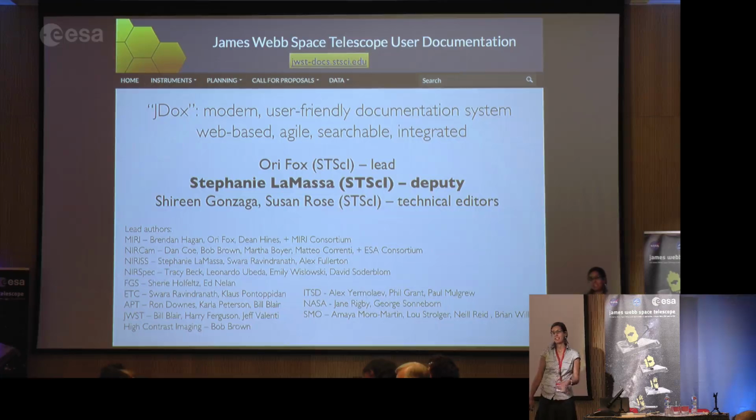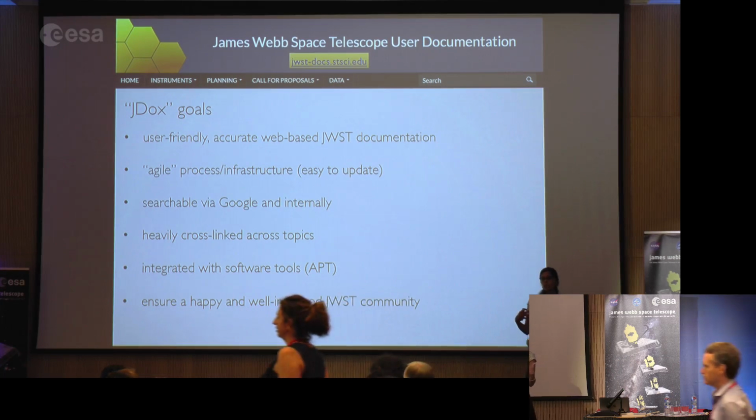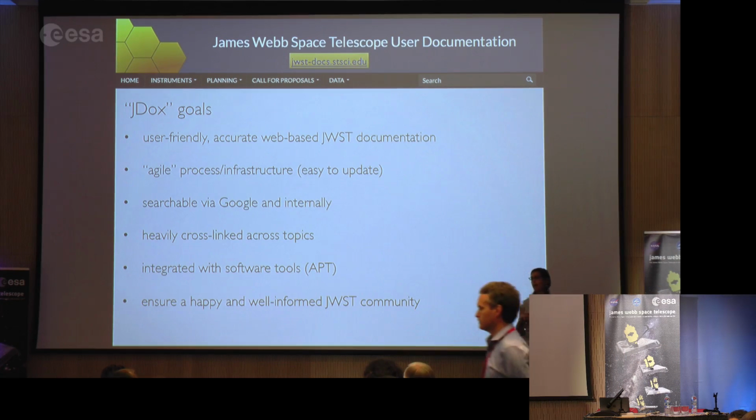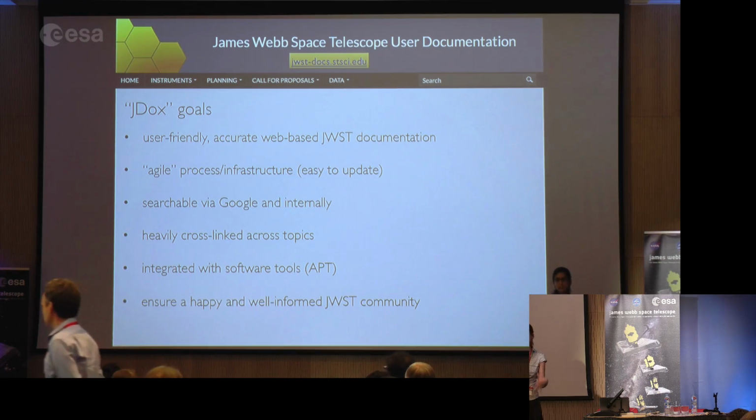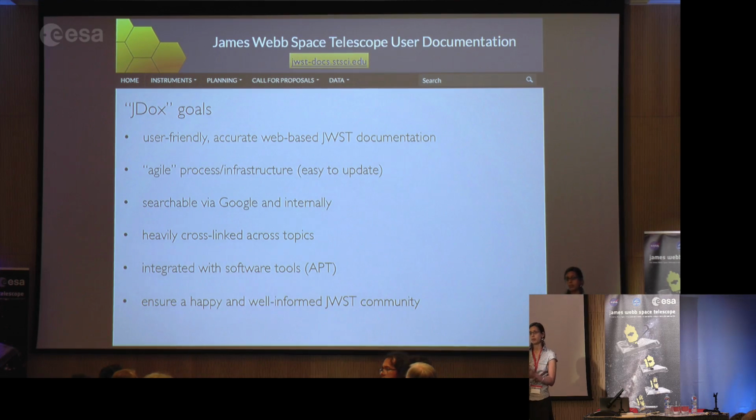So I am the deputy lead of the documentation for James Webb Space Telescope, which we call JDOX. This is an online documentation system, so we're moving away from having long monolithic handbooks that you have to scroll through and search through to find your relevant information. Instead, we have a series of articles where this information is available. And JDOX is optimized to quickly find this information through Google searches or within JDOX itself through internal searches and